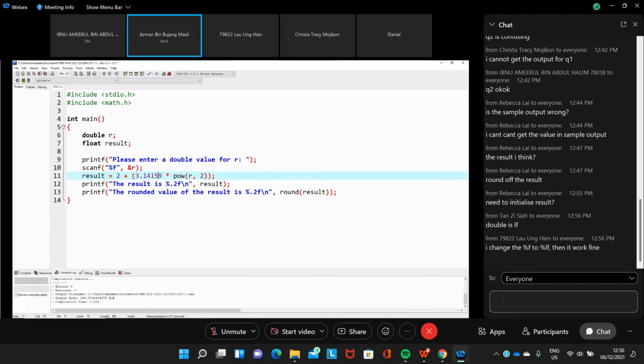The power returns a value, so this one will definitely be more than 2, but then we have only 2 as the output.